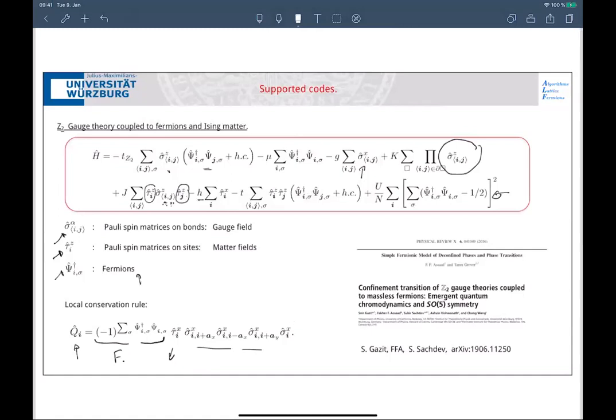So if I'm in a tau x basis, this tau z will flip the tau x from x to minus x. And so this will flip sign and this will change sign also. So again, you can go through all the possible processes and you will see that this Q of I, if you start the code in one sublattice, so for one constraint, then it will always stay there.